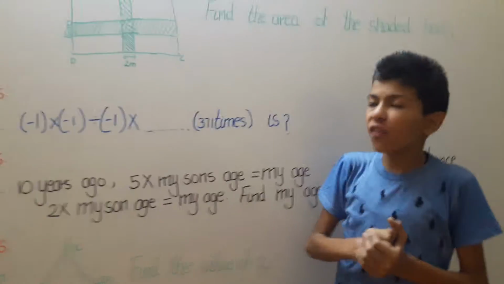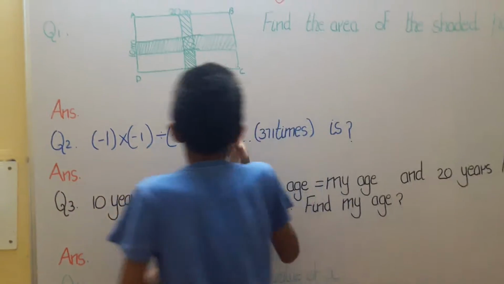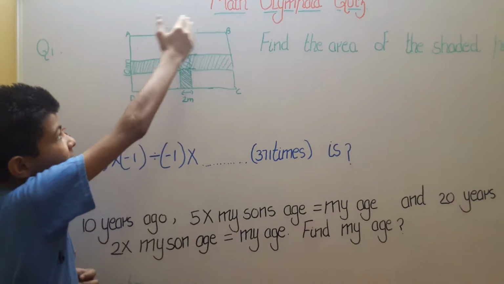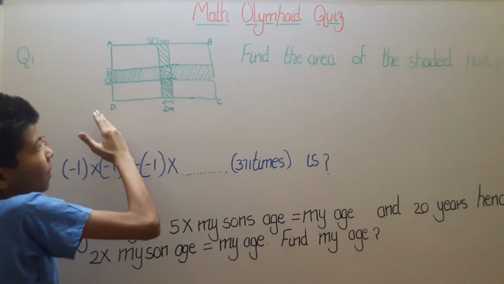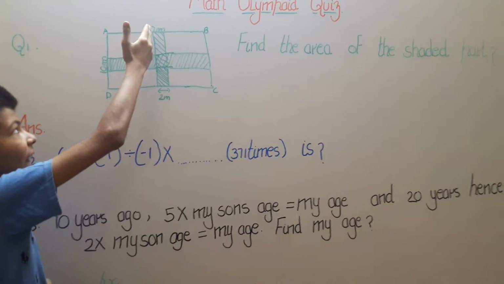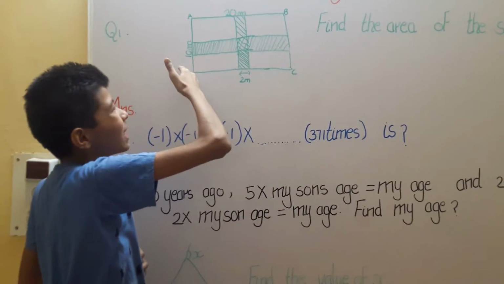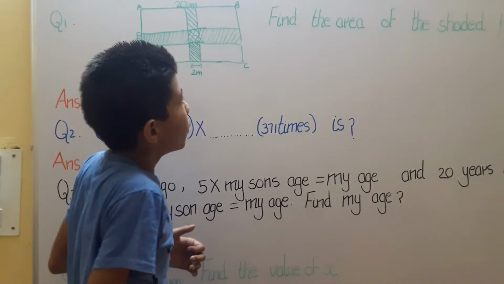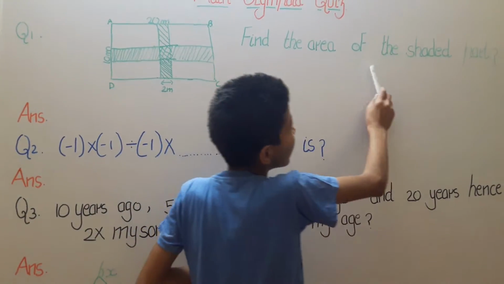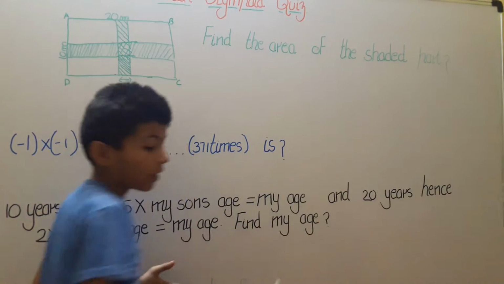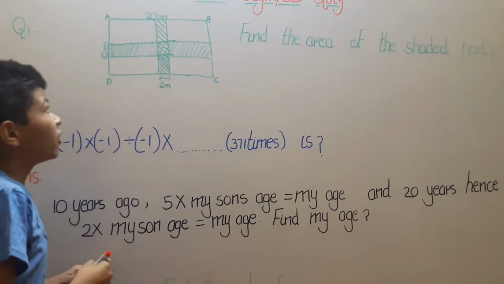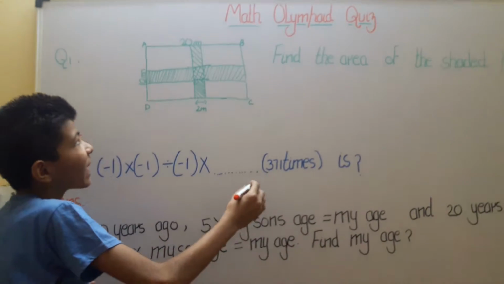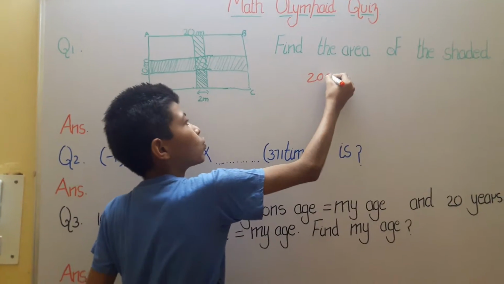So friends, the first question we have is a diagram or a figure in which it is a rectangle ABCD, and its AB, which is the length, is 20 meter, and its breadth, which is AD, is 10 meter. So we have to find the area of the shaded part. So how can we find it? First we have to calculate the area of this rectangle, which we will get by 20 meter square